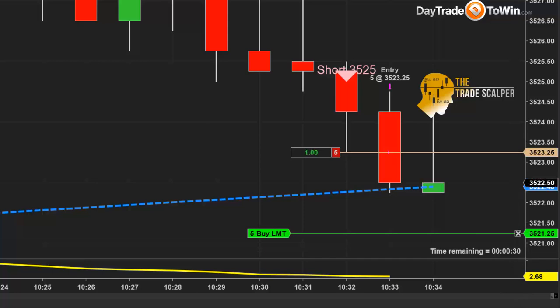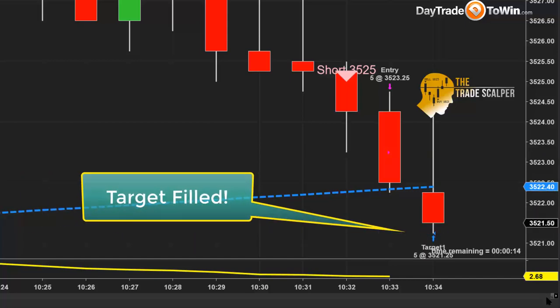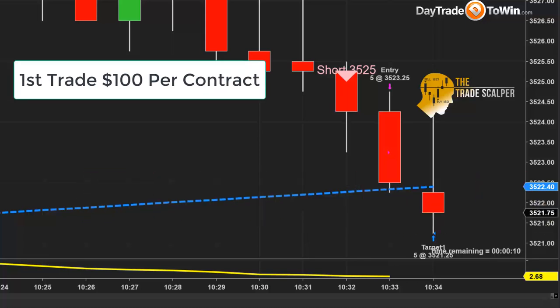So it's really relative. When scalping, you want to be in and out fairly quickly. You want a smaller profit target. You want to have a smaller stop as well, smaller risk. And you want to be done with the trade sooner rather than later. So that is really the goal, to be in and out as fast as possible. Target filled. Okay, so if you guys took this trade, you should be done with this trade and out.